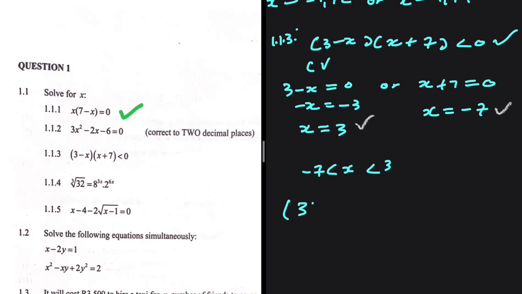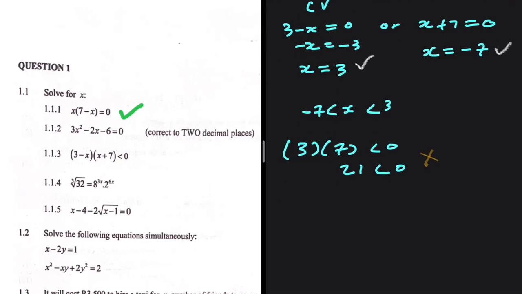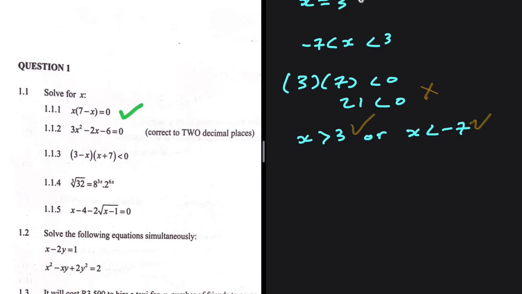We're going to have 3 multiplied by 7 being less than 0. So 21 is not less than 0. So we can see that our solution is not between minus 7 and 3. So it must be outside that range. What do I mean by that? x needs to be greater than 3 or x needs to be less than minus 7. For these values of x, our inequality is going to hold. Let's move to